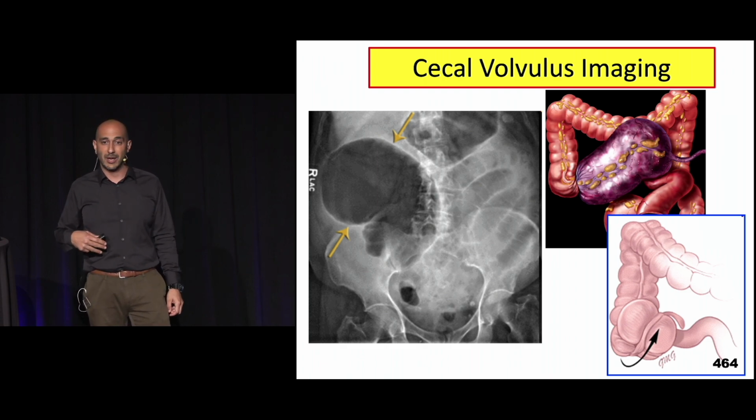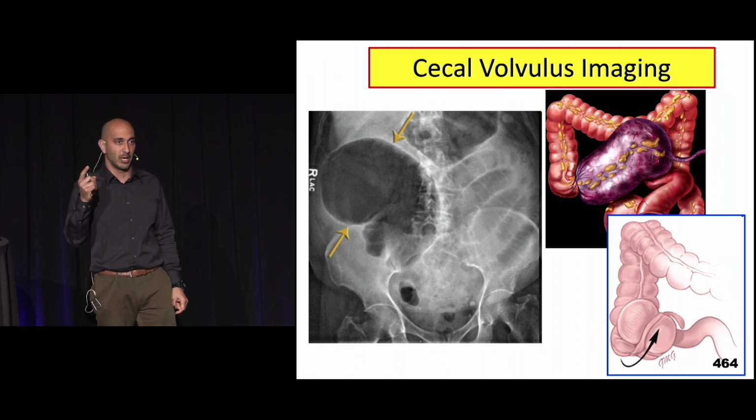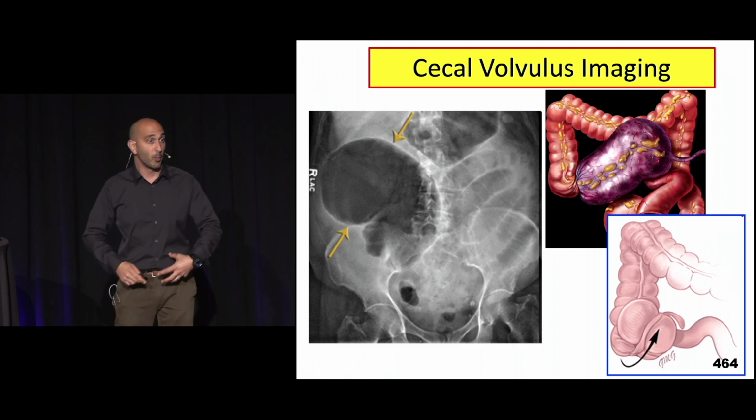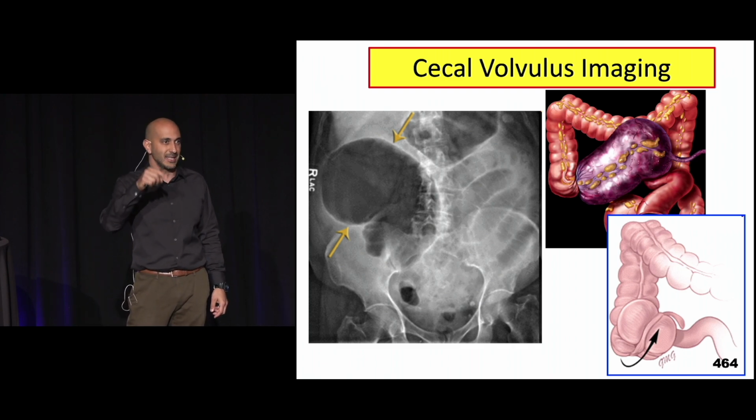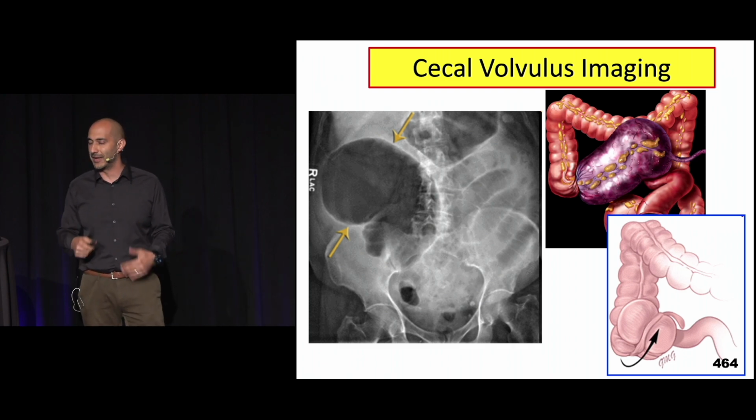It's up in either the right upper or left upper quadrant, and it looks more like a kidney bean or a coffee bean, like this type of appearance. These patients, unlike a sigmoid volvulus, can't get a sigmoidoscopy. Why? It's more proximal. You couldn't snake it all the way up there, so